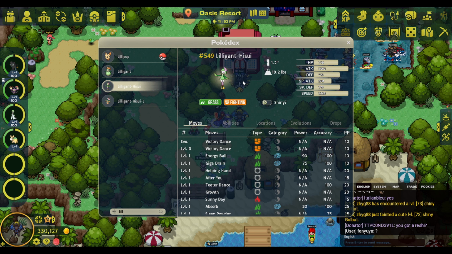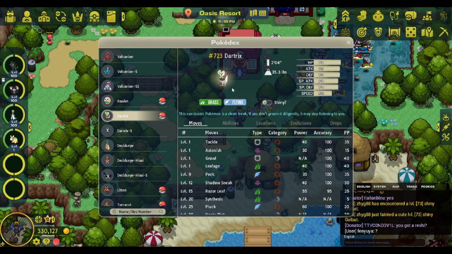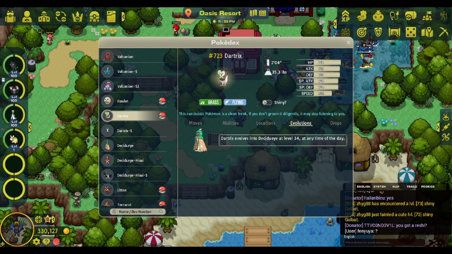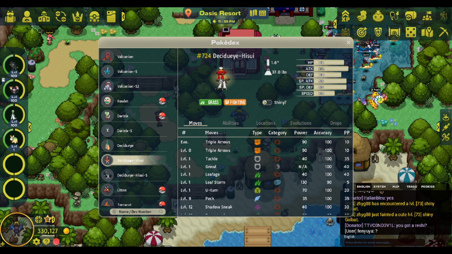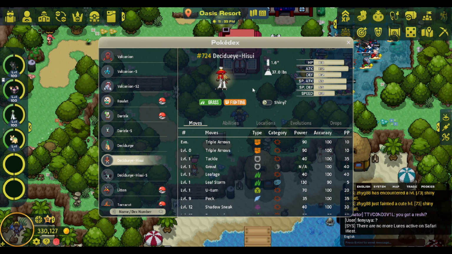You need your Petilil to be level 36 or up and on the summer maps, and it can evolve into Lilligant Hisuian. You can also get Lilligant Hisuian summer form during the Swarm events as well. Another cool thing obviously is Dartrix here as well can evolve into the normal form obviously, but during this time you can actually get the Decidueye Hisuian form as well, as long as it's level 34 or up and on